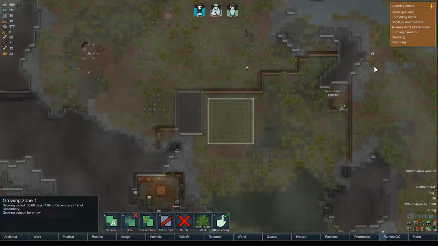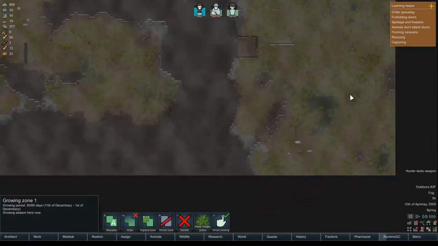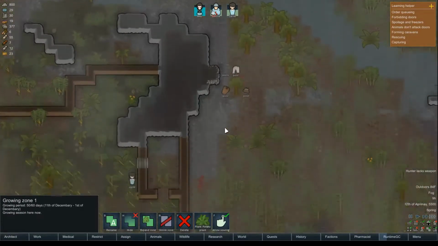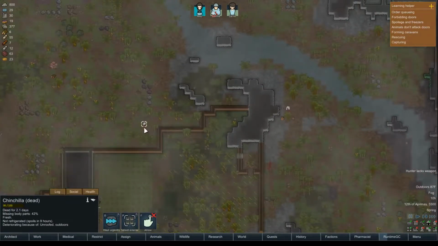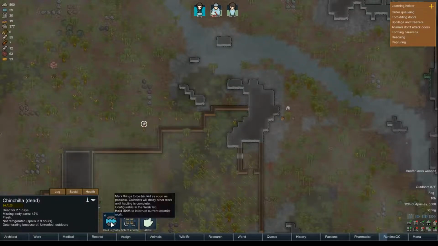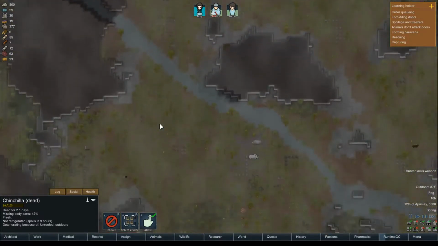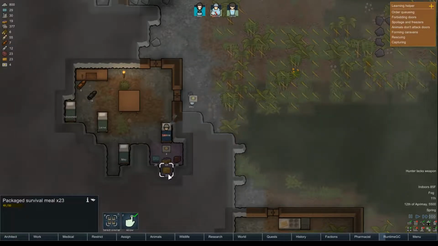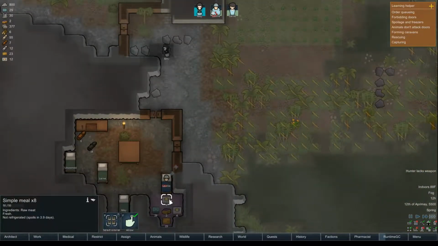Did that guy die? If he dies, where is he? Interesting. I mean, he didn't die. His corpse would have still been there. This should be hauled. Was this hauled up here? Apparently so. Raw meat, berries. Nice. Can these not...